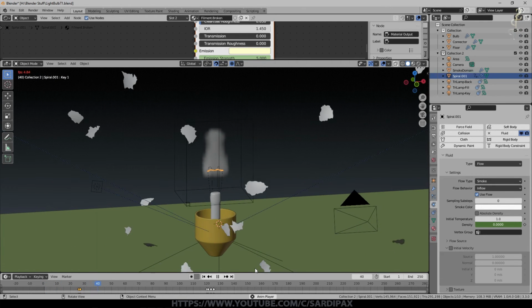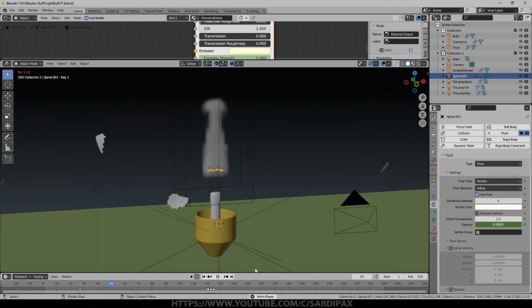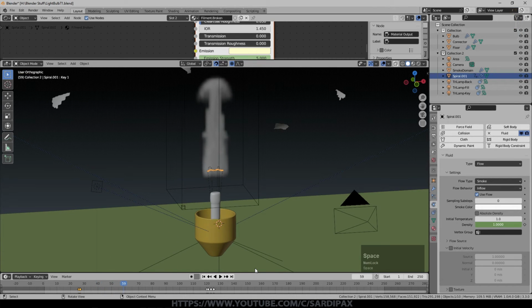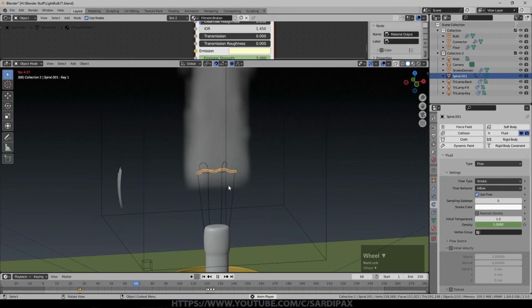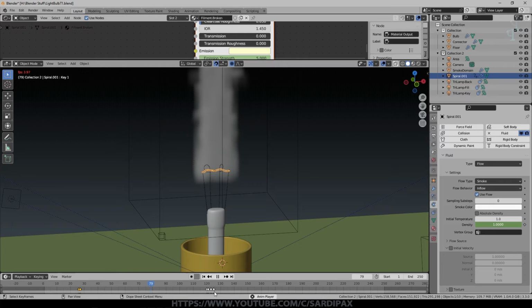There, that's probably better. Still a low resolution simulation, but there it is. And of course what we also want is the smoke to stop when our filament melts. So it's going fine now. I've probably left it too late. We can probably move this back a bit. I think that's what we'll do just for the tutorial at least.